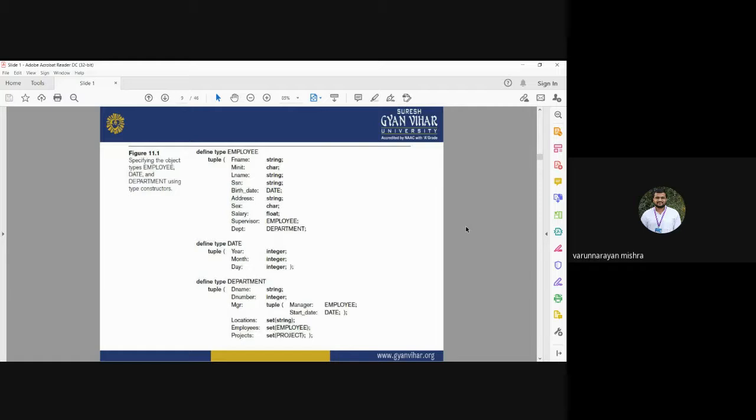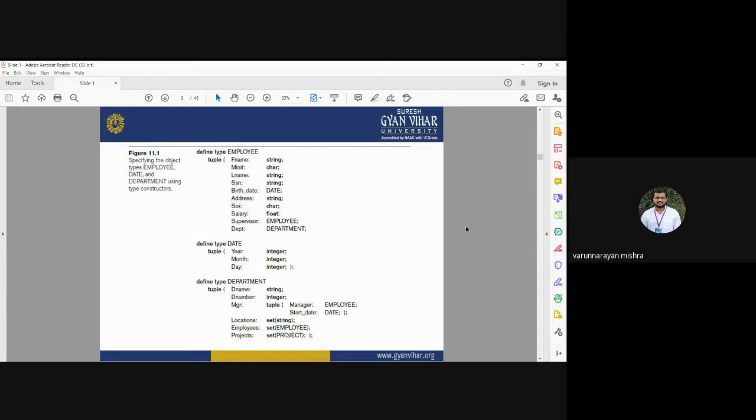Okay, so here employee is an object, and under this object we need to define different types of properties of that employee, based on their first name, last name, middle name, date of birth, address, sex, and so on. Okay, now the second type of object is date. So in which year or on which date he has joined, and in which department he is working, the department name, the location, the employee ID, the project. Okay, it is important to note here the employee, date, and department.